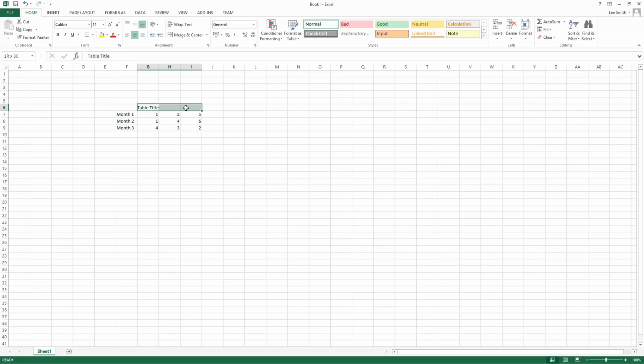So I can choose the columns again, click here and choose Merge Across. That does a similar thing. Oops. Control Z. That does a similar thing to Merge and Center,